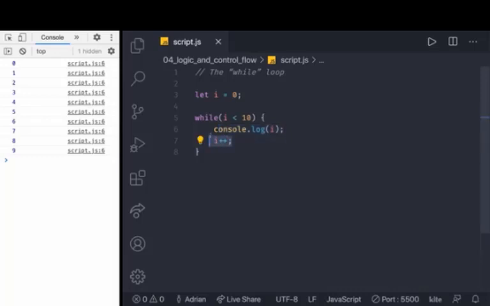If I++ was missing from the example above, the loop would repeat, in theory, forever. The never-ending loops are called infinite loops, and that's not a good type of loop, so we never want to get infinite loops. If I deleted this, what's gonna happen is that it's gonna console log 0, and then